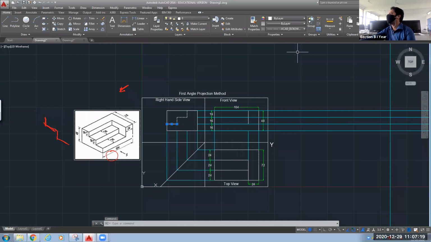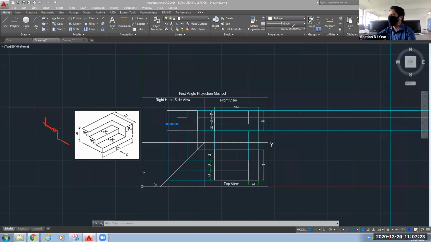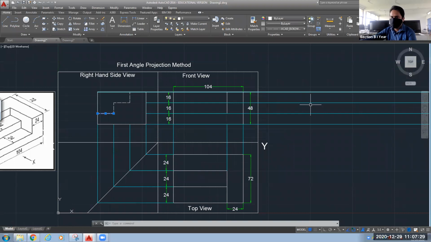Let me clear the annotations. Still it is not complete. We need to delete these extra lines, the projection lines on your right hand side. We will delete them using the trim command. Select this as your baseline.